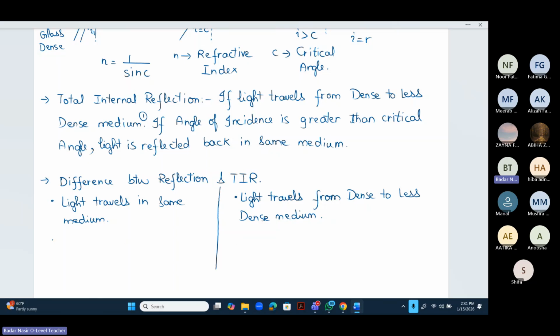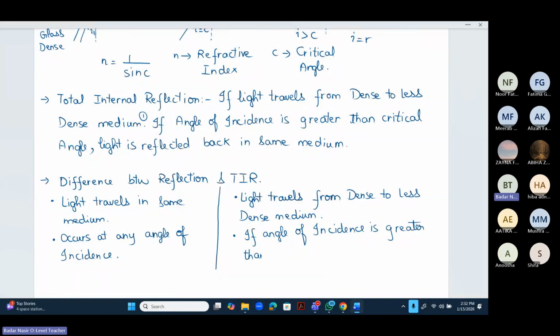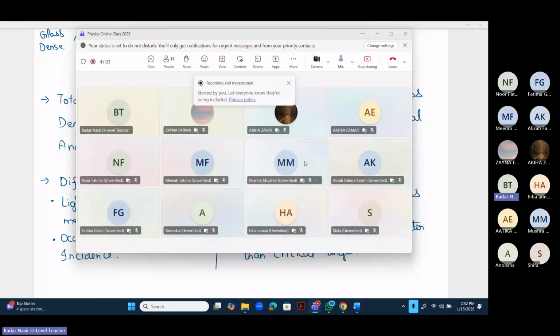दूसरा डिफरेंस ये है कि जो सिंपल रिफ्लेक्शन होती है, इट कैन अकर एट एनी एंगल ऑफ इंसिडेंस, whereas जो total internal reflection है, it will only occur if the angle of incidence is greater than the critical angle. ठीक है, if angle of incidence is greater than critical angle. अच्छा, सो वील टॉक अबाउट दी, क्या कहते हैं, ऑप्टिकल फाइबर्स और टोटल इंटरनल रिफ्लेक्शंस की जो एप्लीकेशंस